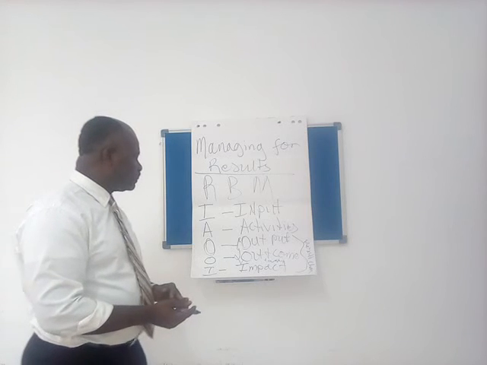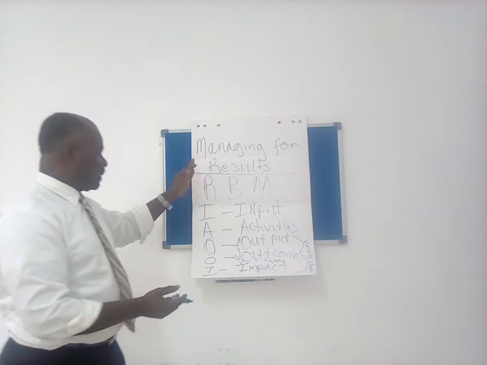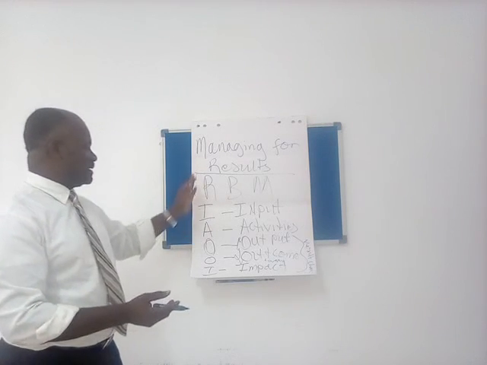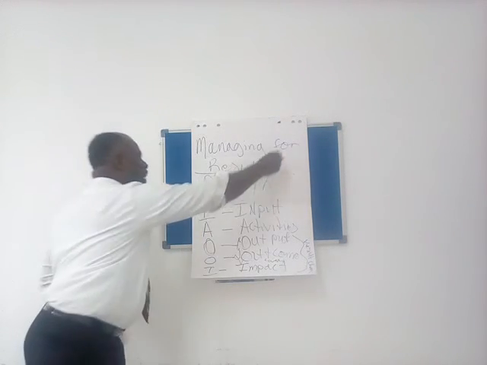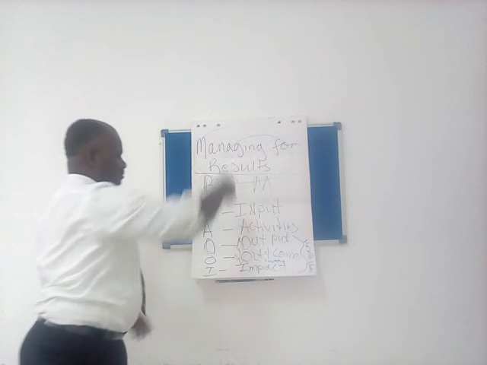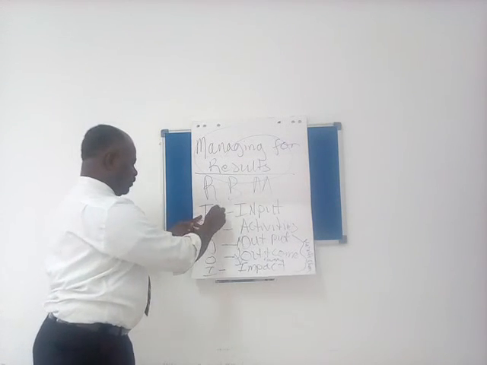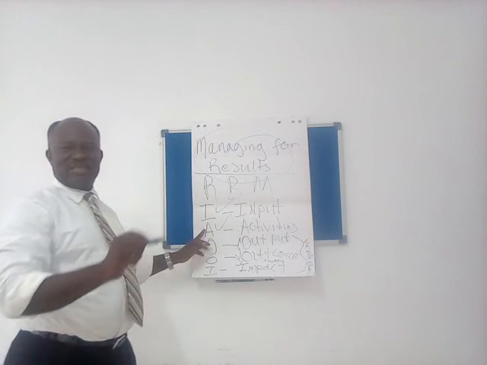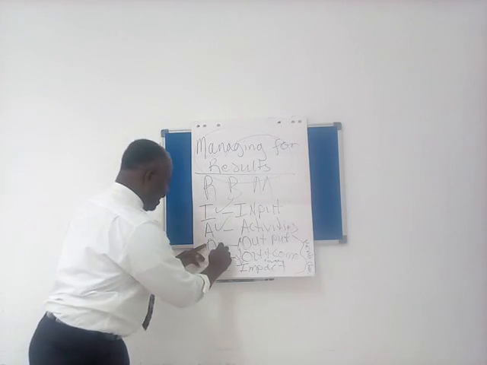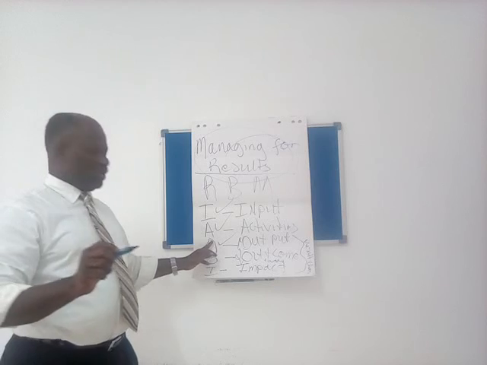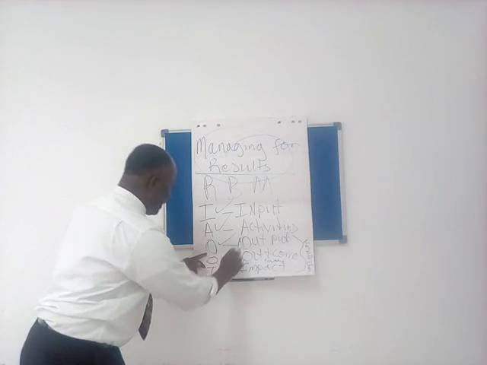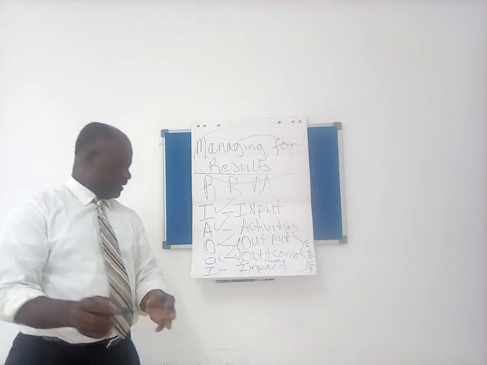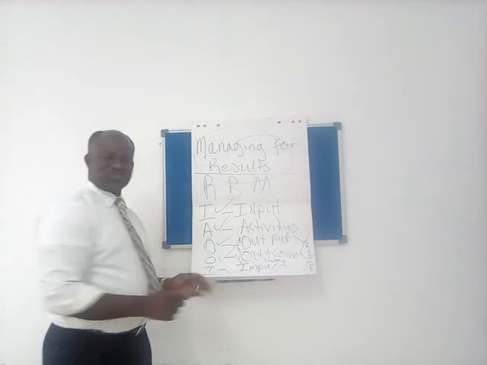And so, this is the line of activities that you need in order to manage well the results. Remember, you have to have your inputs. You have to engage in those actionable activities. Then you have your first level results, your output. And then this will bring about a kind of outcome when you apply what you learned. And then you have the impact.